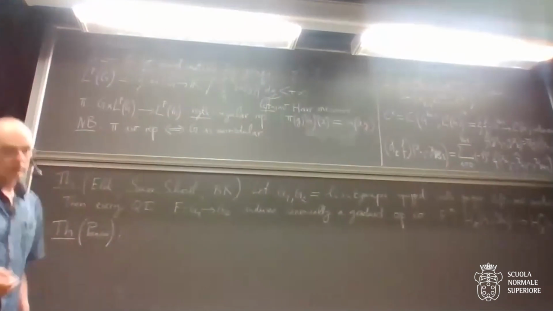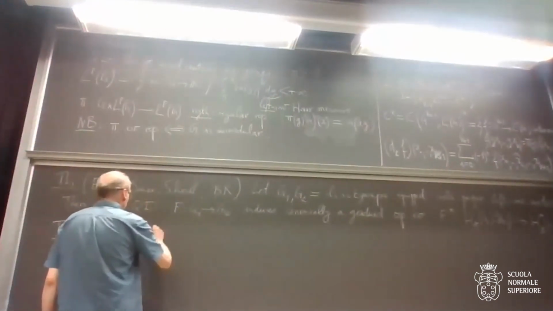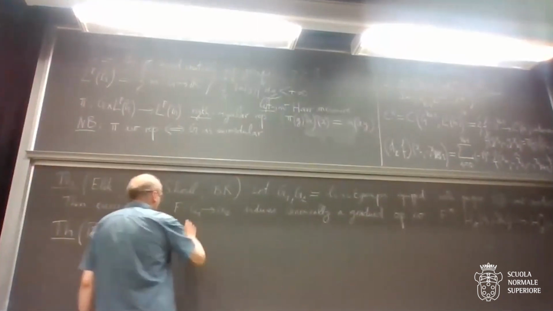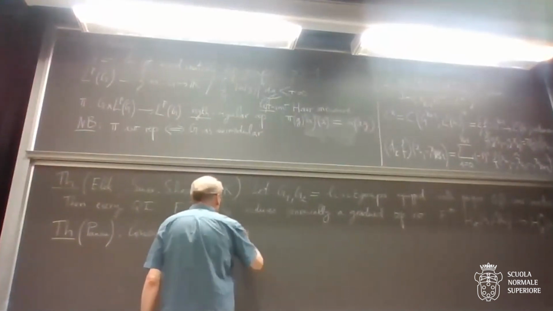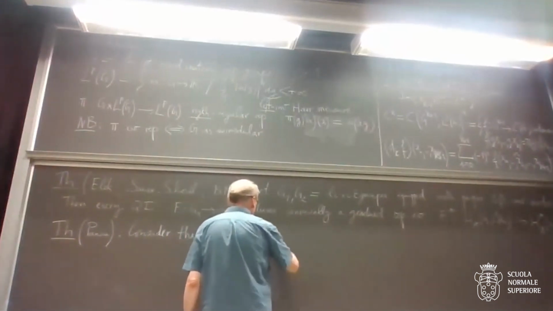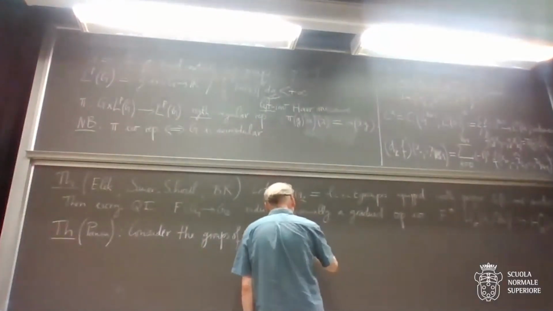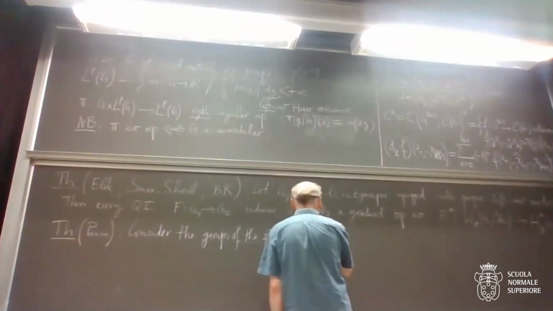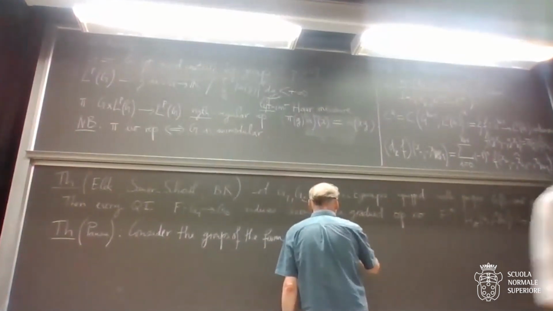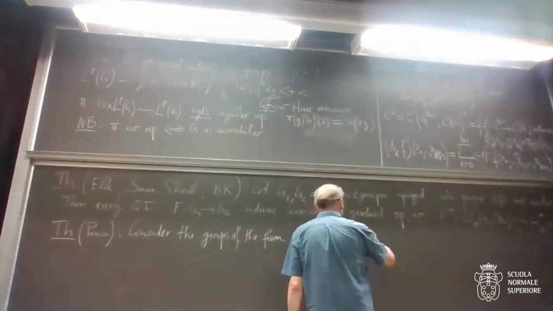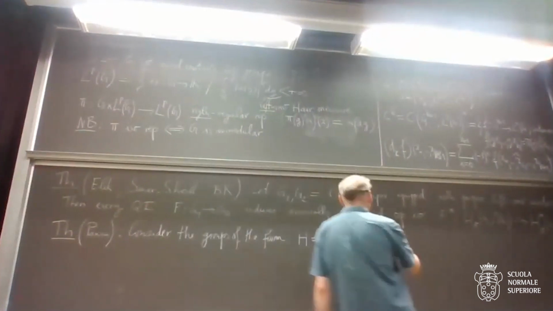So consider the group of the form, let's call them R⋉H, which is R semi-direct product with R^n, where the semi-direct product is given by